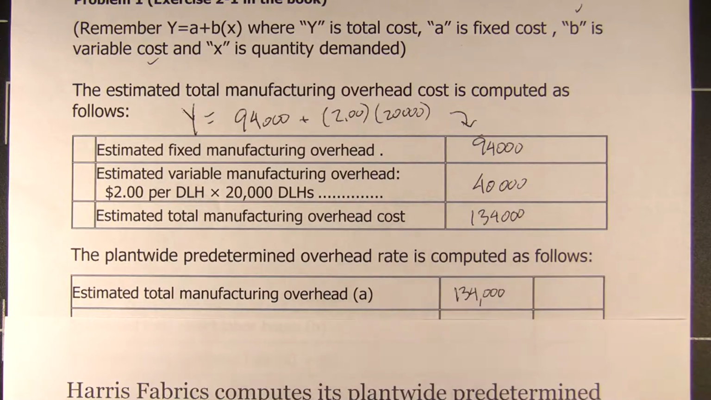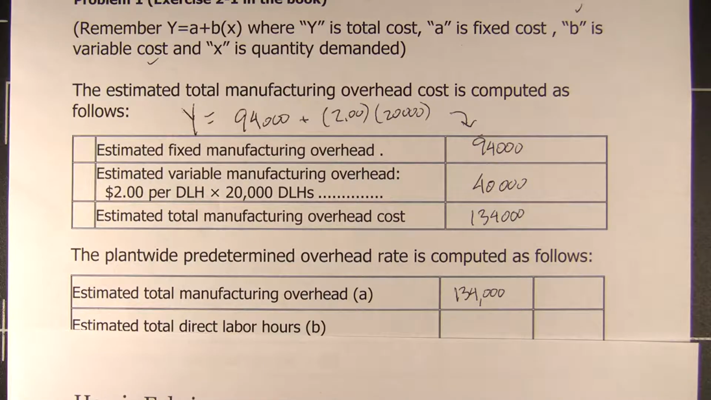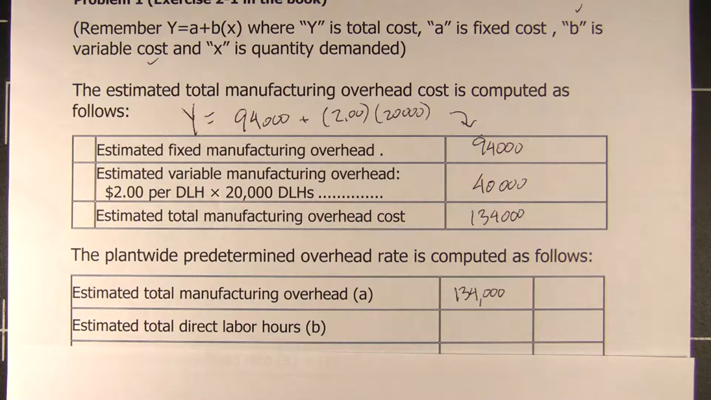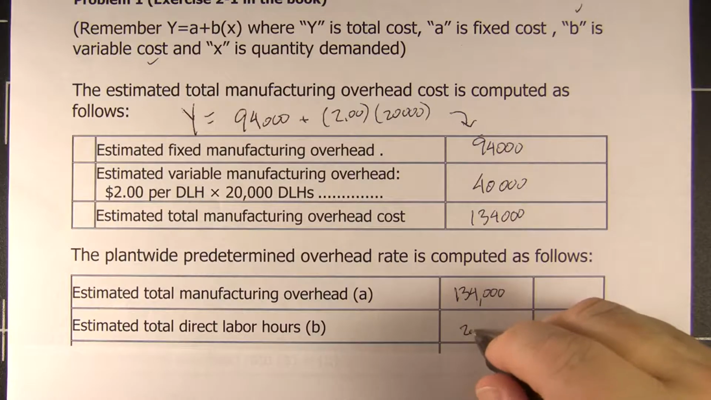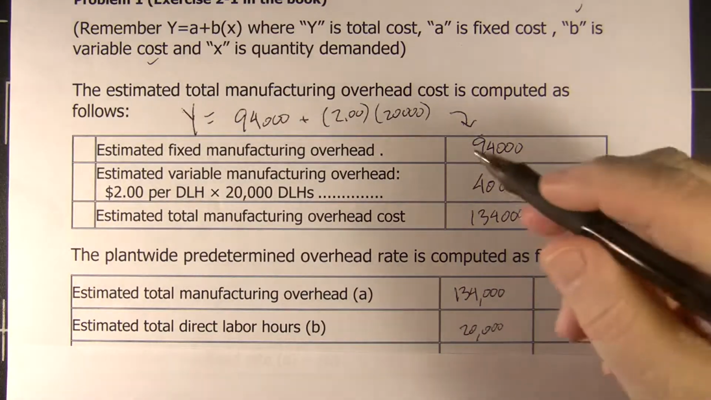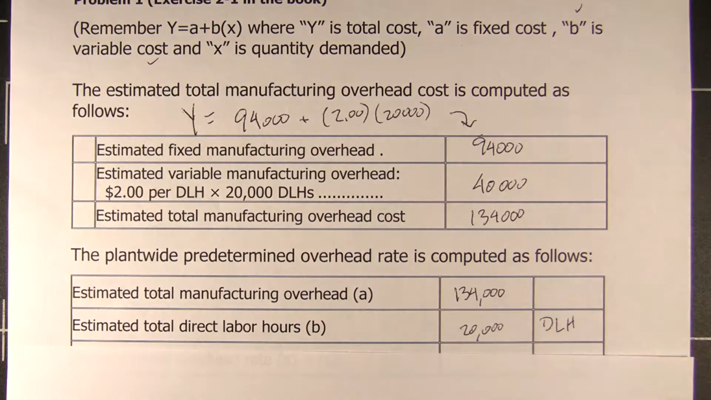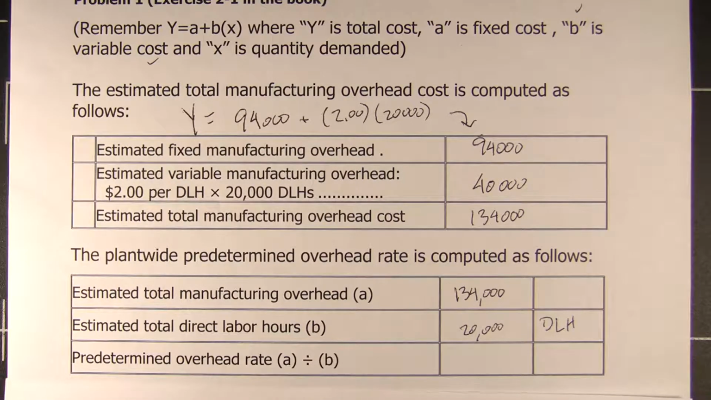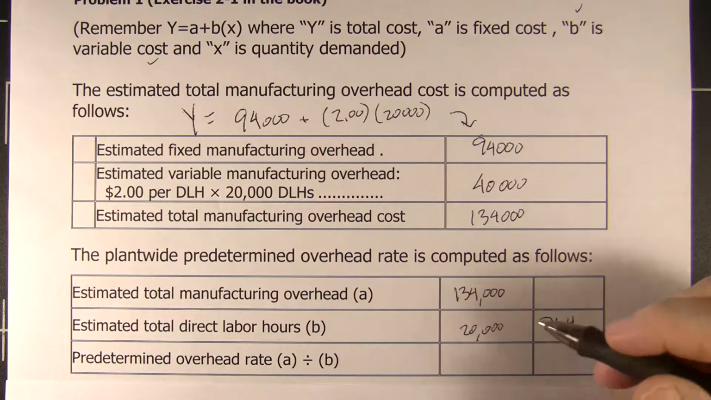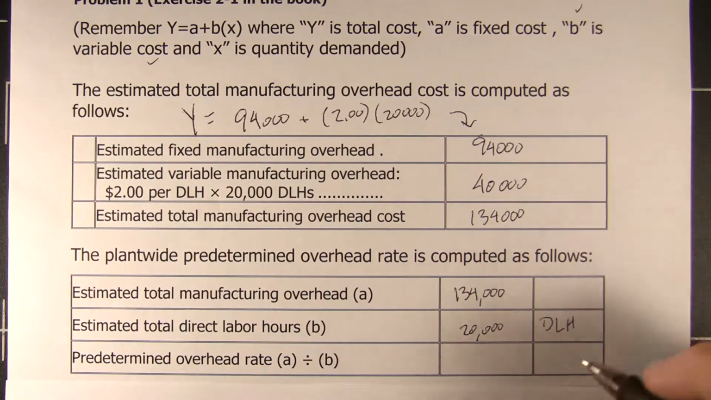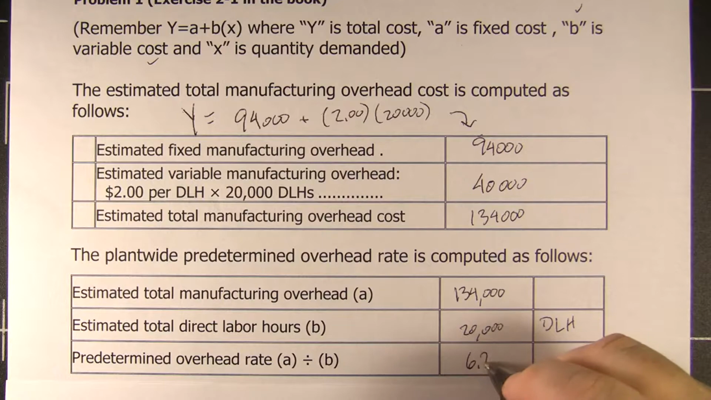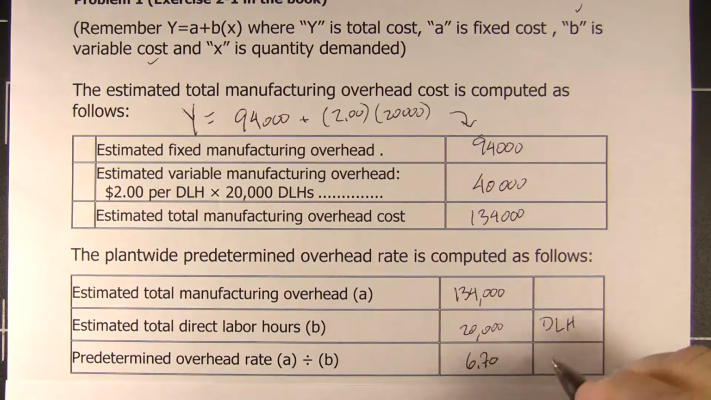Estimated. This is January 1st. They're estimating. They're estimating that they're going to have 20,000 labor hours. That's what we figured out up here. Direct labor hours. So we want to figure out the predetermined overhead rate, how much we're going to apply to every unit. Take 20,000, divide it into 134,000, $6.70 per